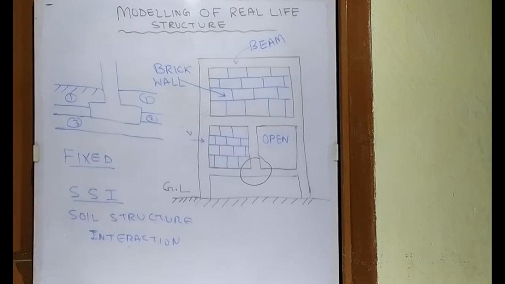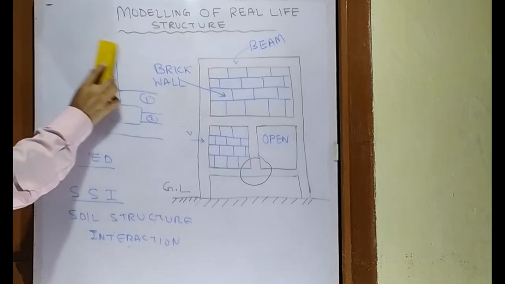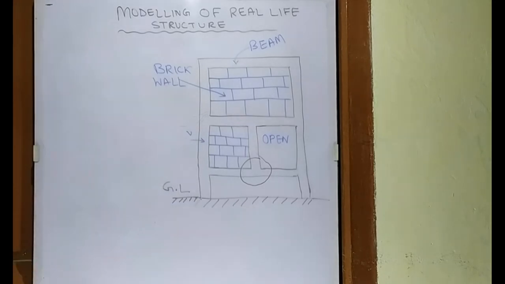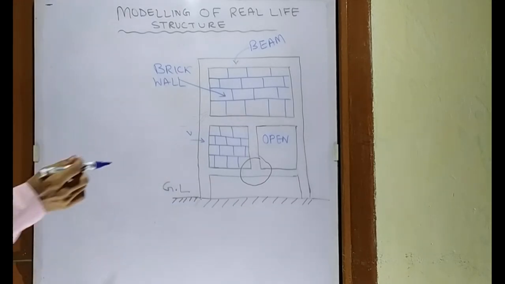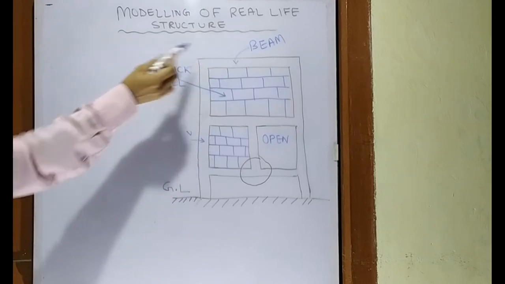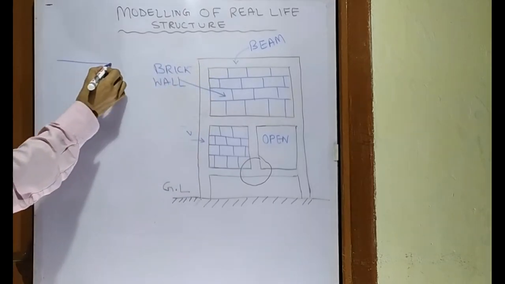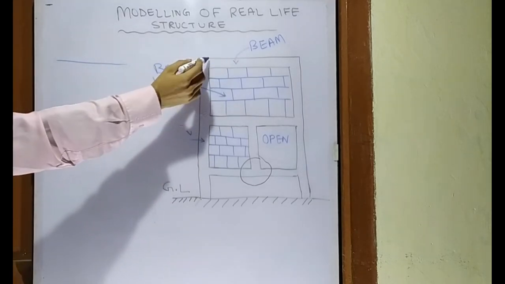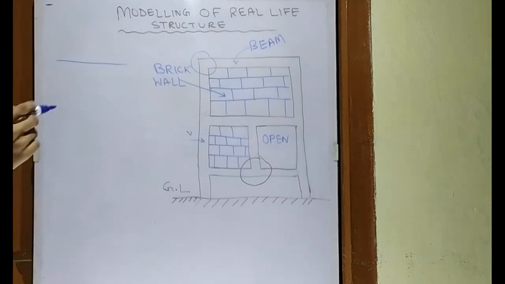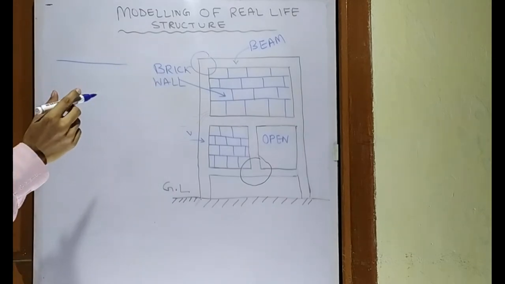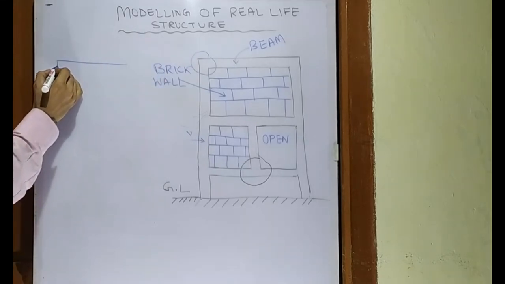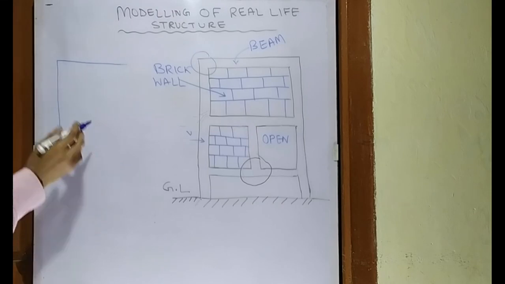Now we will model our structure and see how it looks. As I have told you, we will draw the center line of all those columns and beams. If we start from this beam, we will draw a line like this. We talked in our previous video that this type of connection will be a rigid connection. So this is the rigid connection, and we draw the beam.